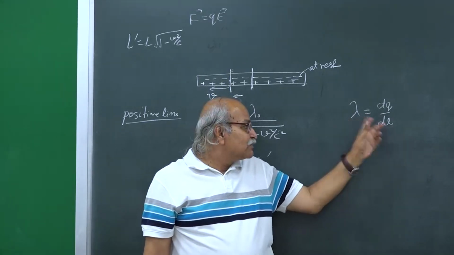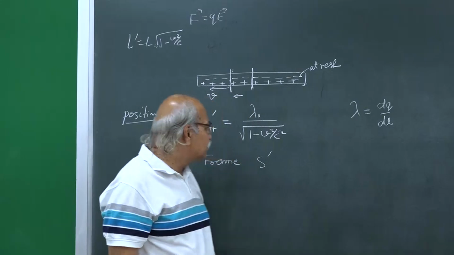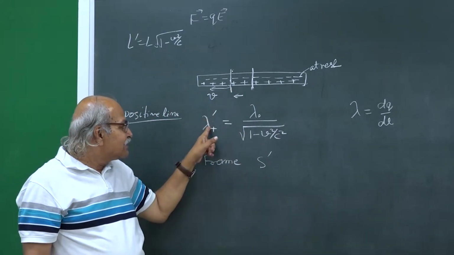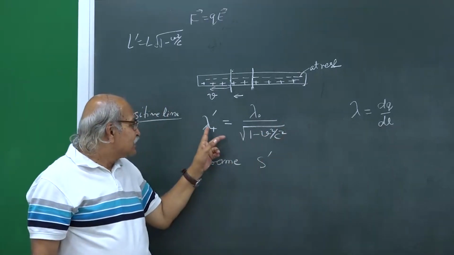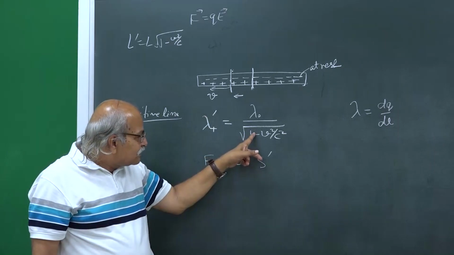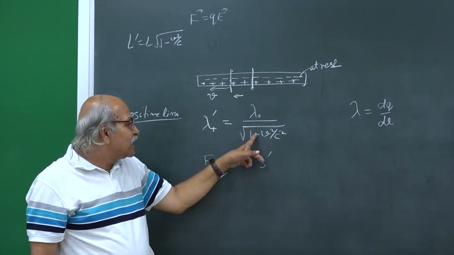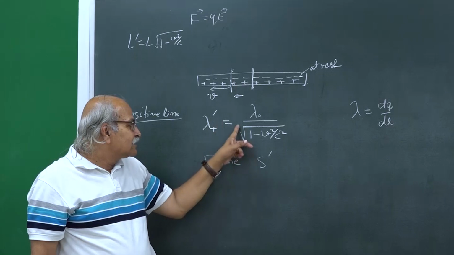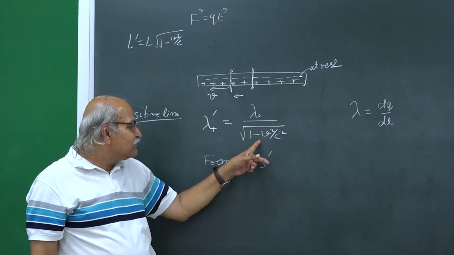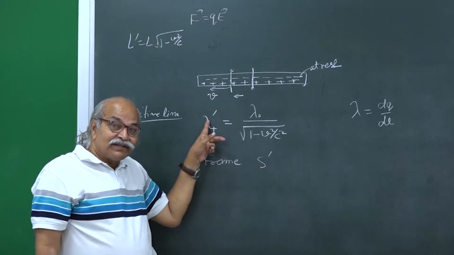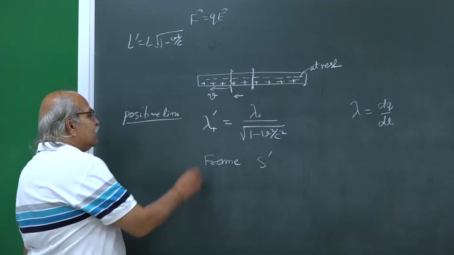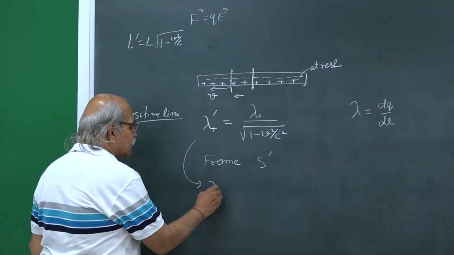So, that factor is square root of 1 minus v square by c square, and length is decreasing. So, the charge density is increasing. So, it is increased, and for getting that this has to go in the denominator. So, that this is larger, this denominator is less than 1, and if you divide something by less than 1, then you get a larger number. So, it is this. And then you look for lambda minus prime,